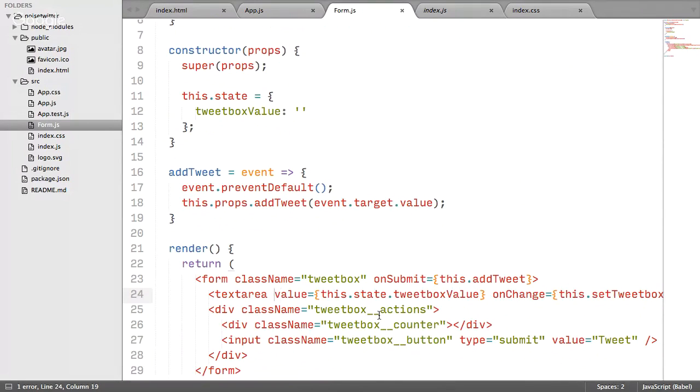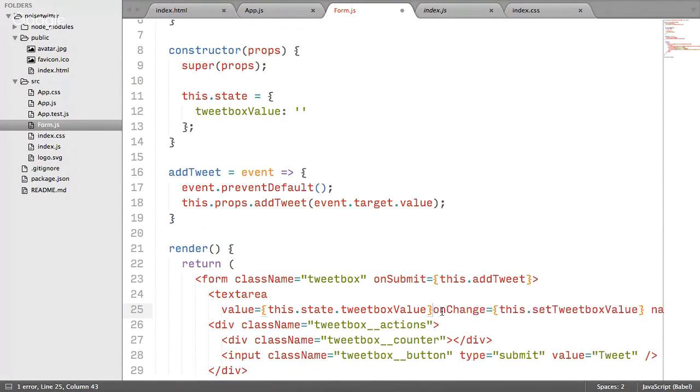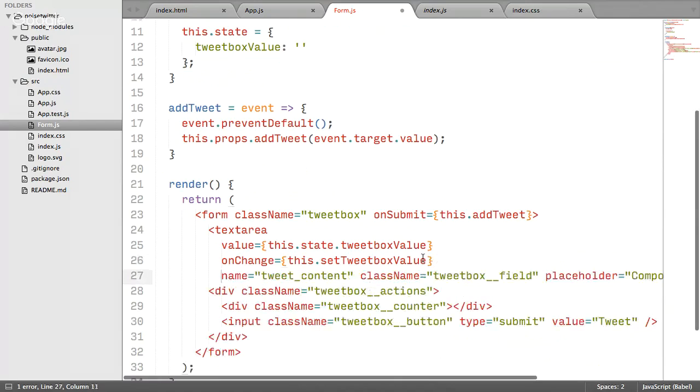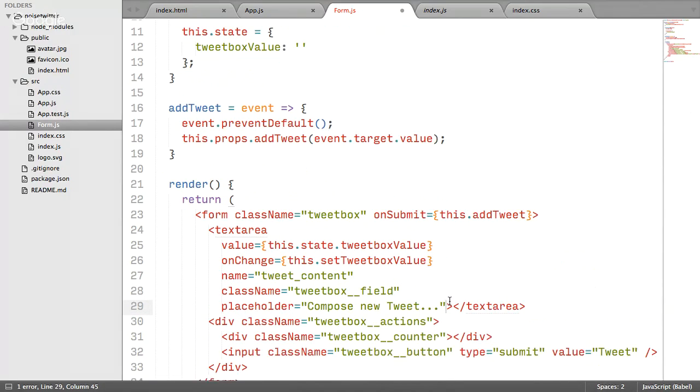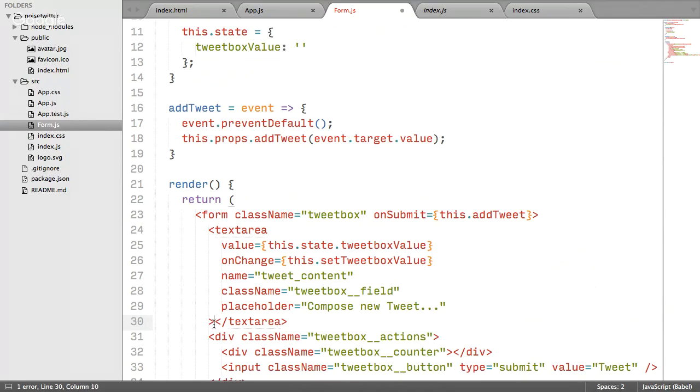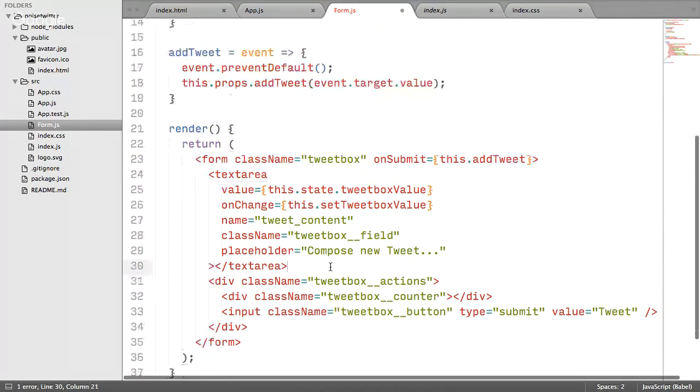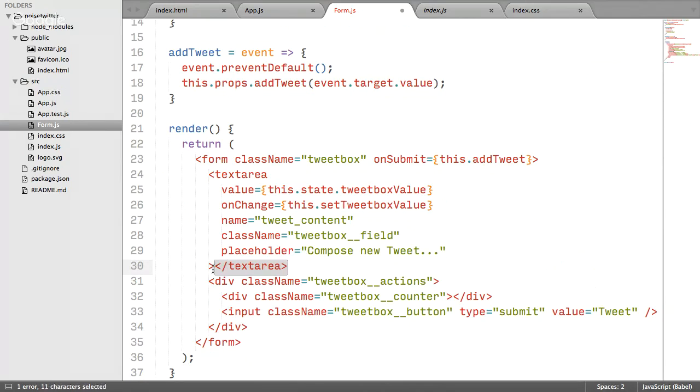This text area element is now very long, so I'm going to be splitting all of its attributes onto new lines. You can do this in JSX. In fact, it's actually kind of recommended. In fact, this end text area thing doesn't even need to be there. I can just get rid of that slash text area thing and just replace it with a little trailing slash